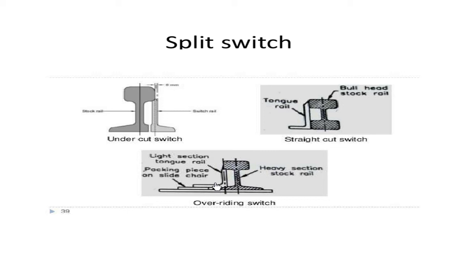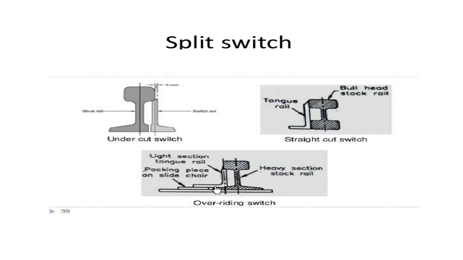So this is basically used for broad gauge and meter gauge. Now the density is made less over here for the tongue rail, or you can say the lighter section is being used for the tongue rail because this is kept on top of the stock rail. Okay, if both are made in the same dimension or if both are made heavier, then they will get damaged easily because on the stock rail this is kept, this is kept moving. Okay, so this may affect. So since on top of the stock rail this is kept, this is made of heavier section or the density is more, and this is made lighter.